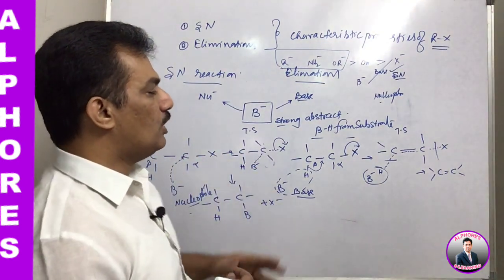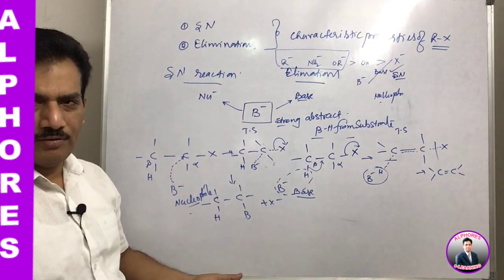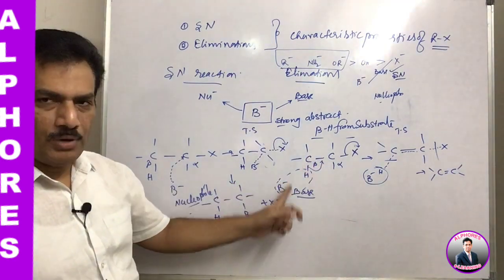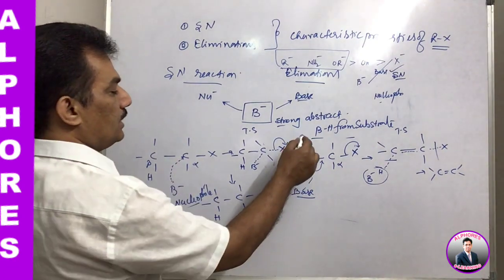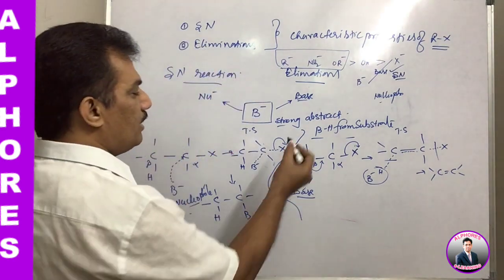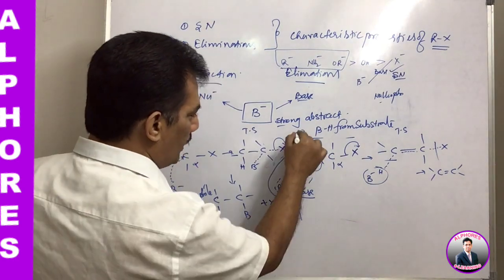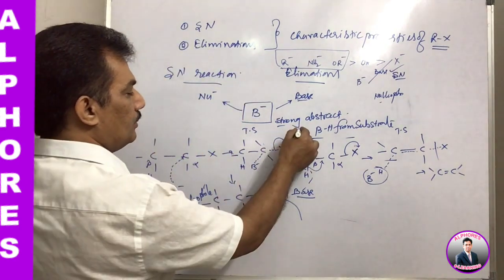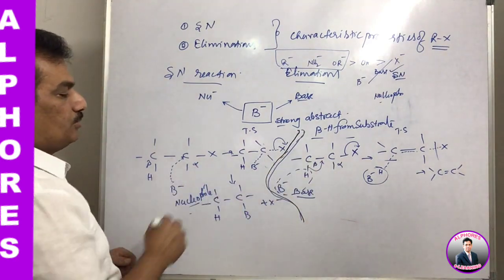Clear? And now if you observe, this is elimination and this is substitution. Already one mechanism is given to explain the B minus nature. So B minus when it eliminates is a base, B minus when it substitutes is a nucleophile. Clear? And now in this mechanism, again indirectly I provided one mechanism, where you are observing this elimination and substitution taking place. In these two cases you observe, this is base elimination, here nucleophile substitution.